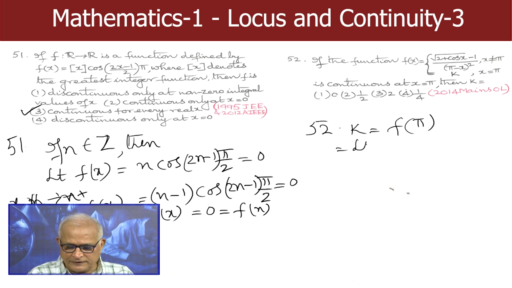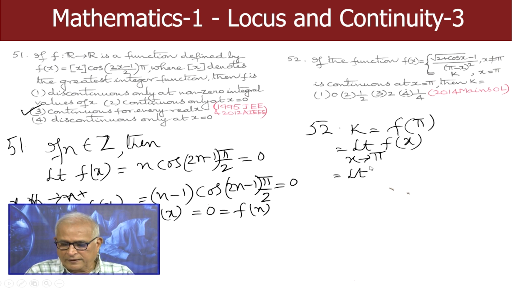that is equal to the limit of x as x tends to pi, because f is continuous at pi. For all values not equal to pi, in the deleted neighborhood of pi, the formula for f is root of 2 plus cos x minus 1 by pi minus x whole square. I will rationalize the numerator. Multiply by root of 2 plus cos x plus 1 and divide by root of 2 plus cos x plus 1. Then what does the numerator become? Root of 2 plus cos x minus 1 into root of 2 plus cos x plus 1, that is 2 plus cos x minus 1, which is 1 plus cos x,